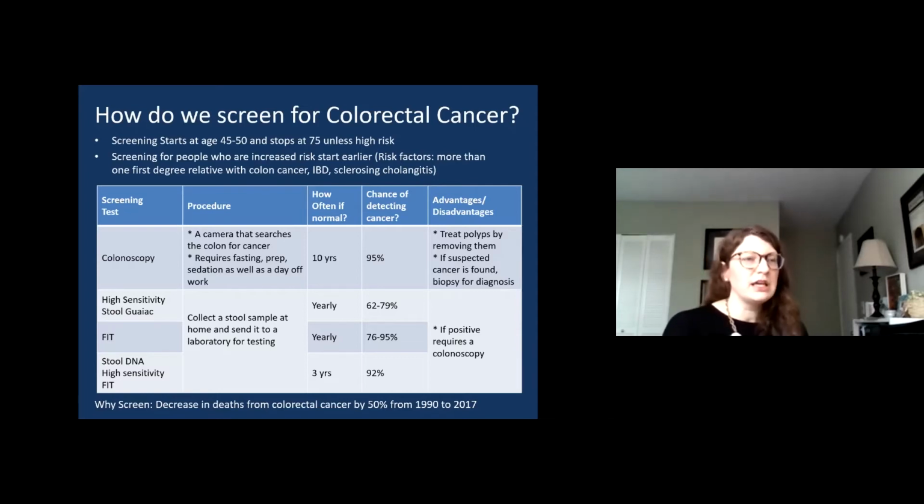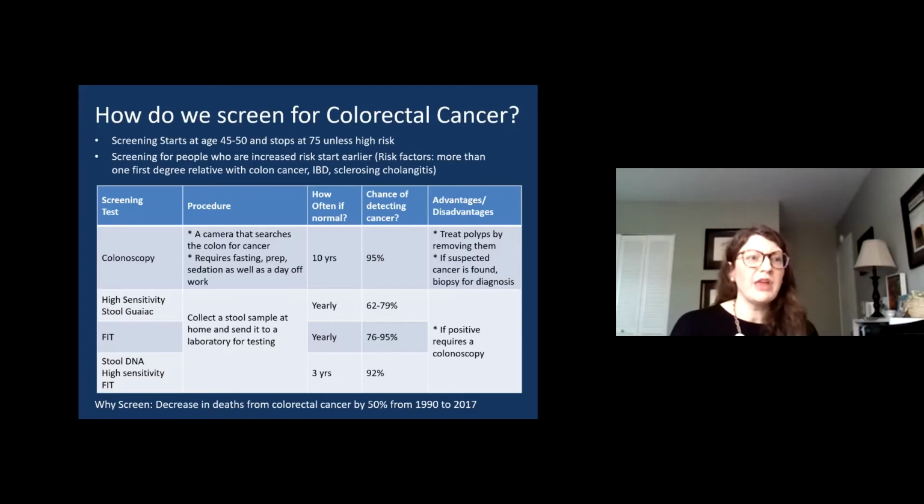However, the advantage is that you can actually treat and remove polyps with this screening procedure. And if there is a cancer found, you can take a sample of it right there and have a diagnosis of the cancer, and you don't need to go under an additional test to get a biopsy. The other advantage to a colonoscopy is that if the colonoscopy is normal, you don't need to be screened again for another 10 years because colon cancer progresses in a very predictable fashion. So if your colonoscopy is normal, we know that your chances of getting cancer within 10 years are low.